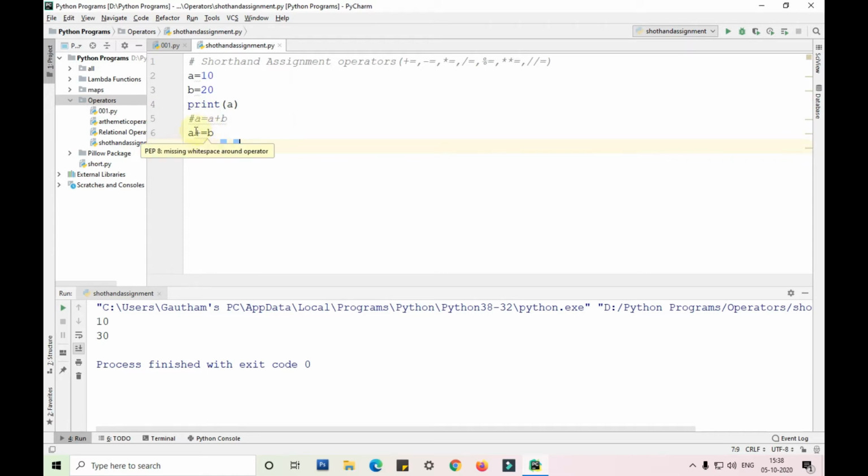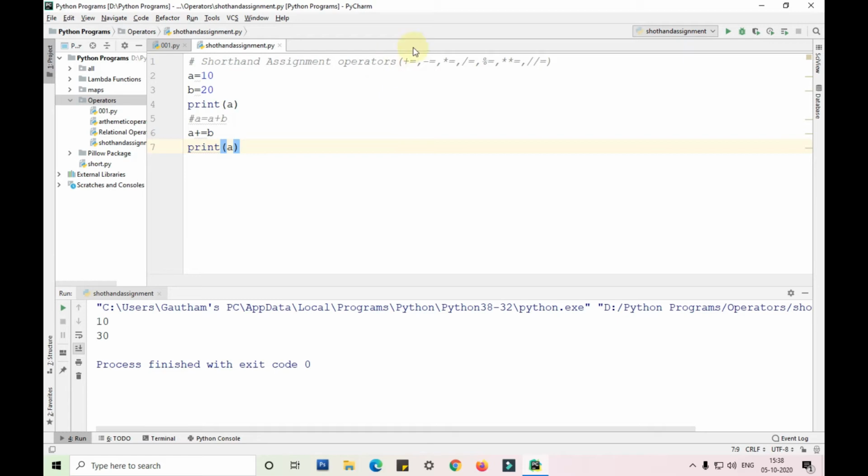That is, it automatically takes a as input, calculates the sum of a and b, assigns it to a automatically and prints it here. So this is the advantage of shorthand assignment operators, guys.